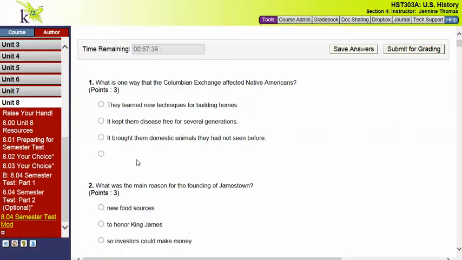Everyone, and welcome to the U.S. History Part A midterm, or the 8.04 semester test, as it is called in your course. To find the test, what you're going to need to do is go into your course and click on Unit 8. And once you find Unit 8, you're going to scroll down to the semester test modified 8.04 and click